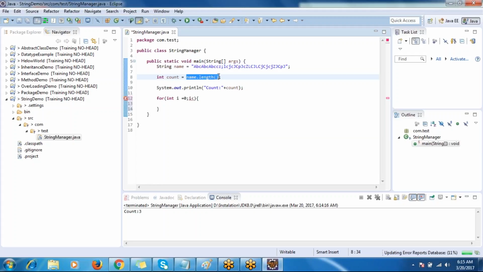So for i equal to 0, i less than length, i plus plus. So we need to iterate this for loop as many times as there are characters. Every time we have to check how many C's are there, how many C's are available. So for that, name dot